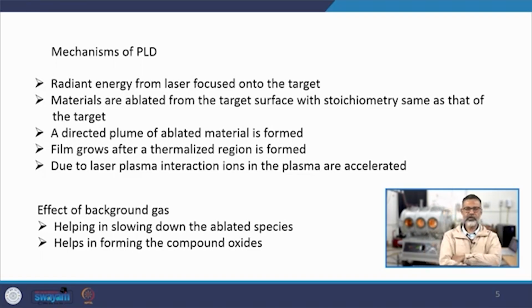So, all these things are also maintained, and there are certain other parameters like the target to substrate distance,